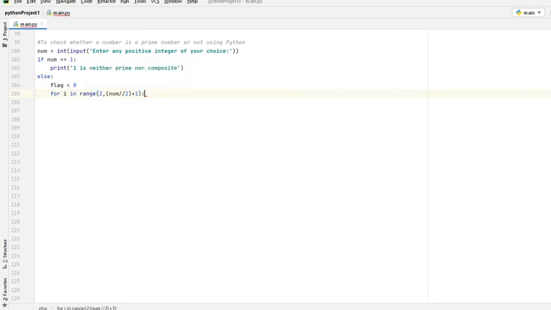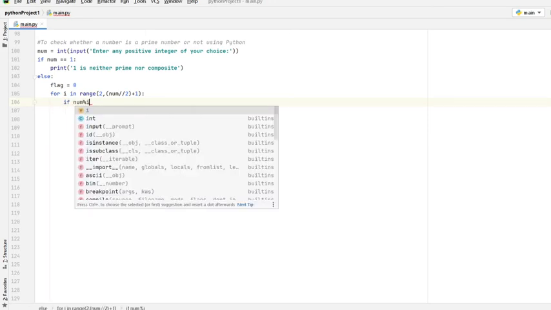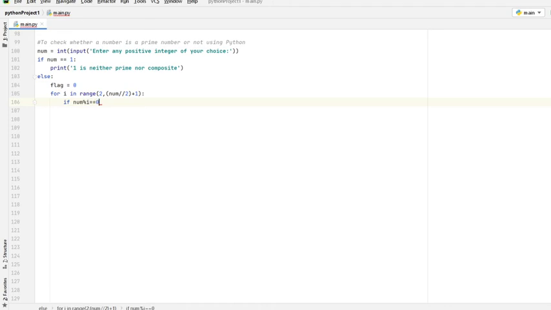So that's it: for i in range 2 to num double divide by 2 plus 1. What do we have to check? If num modulus i equals 0. If a number is divisible by another number, then when we divide those two numbers we get the remainder 0, because it's a factor of the other number. That is the concept we are using here.